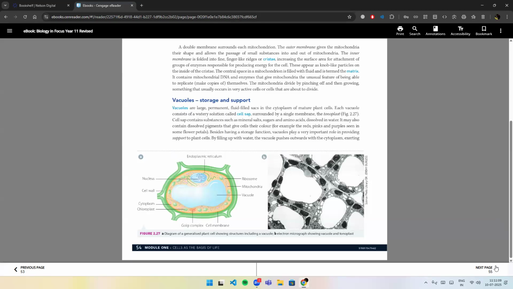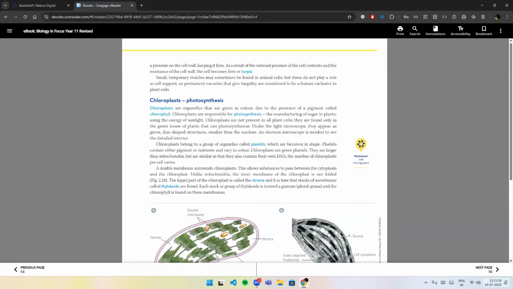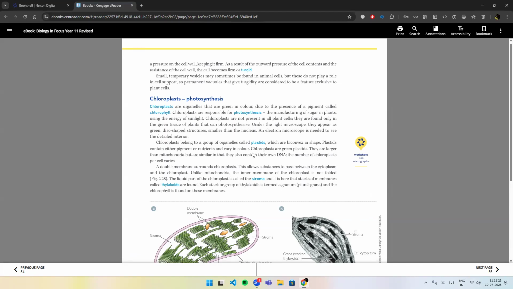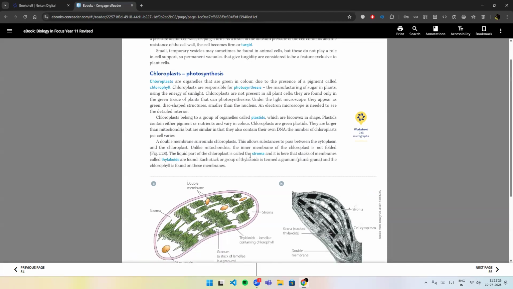By filling up with water, the vacuole pushes outwards with the cytoplasm, exerting a pressure on the cell wall, keeping it firm. As a result of the outward pressure of the cell contents and the resistance of the cell wall, the cell becomes firm or turgid. Small temporary vesicles may sometimes be found in animal cells, but these do not play a role in cell support, so permanent vacuoles that give turgidity are considered to be a feature exclusive to the